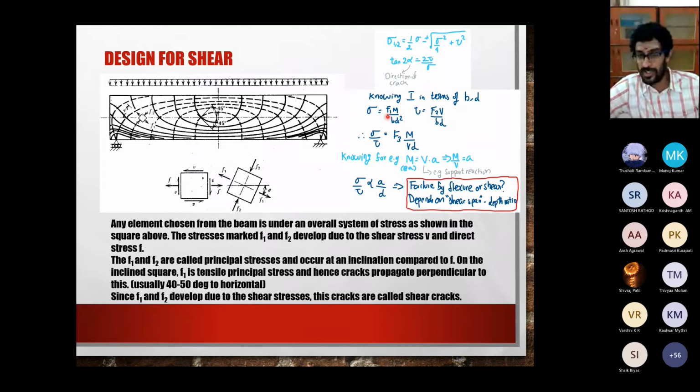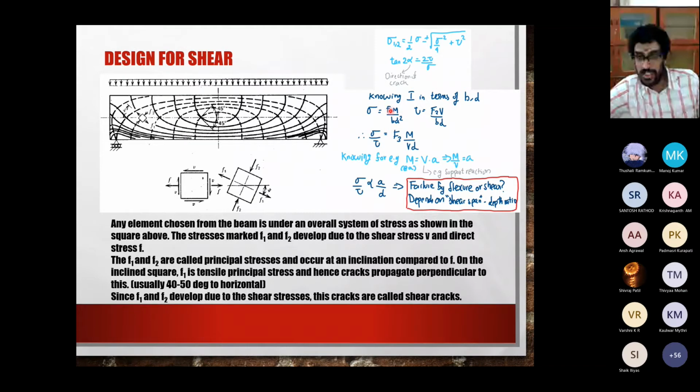That's why there's a BD square in the denominator. So M by section modulus, and of course some constant F1. We do not know what that constant is. Similarly for tau, you do shear force by the area of cross section BD times some constant. Okay. So therefore, the ratio of normal and shear stresses, you can just rewrite it in terms of